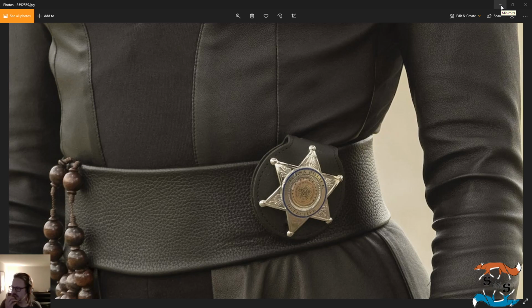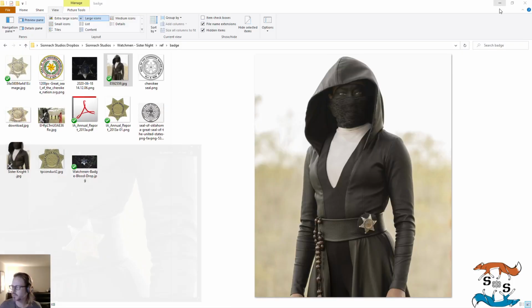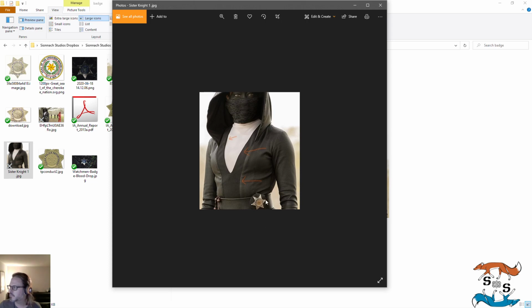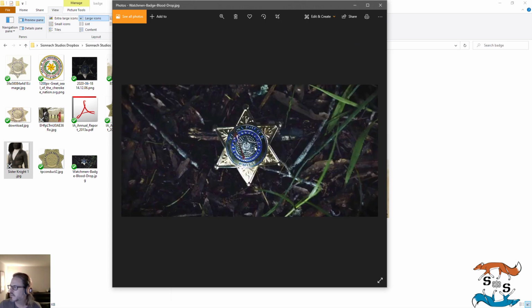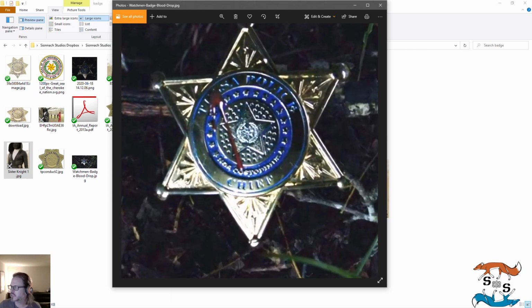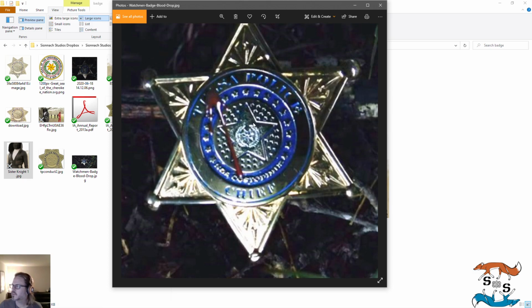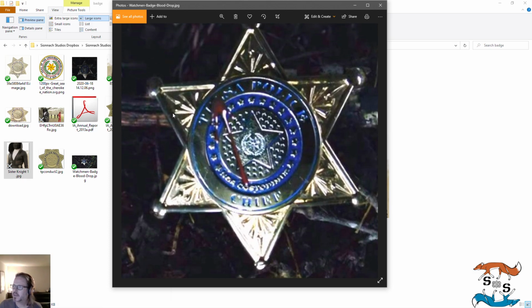So what I started doing is first, I got as many reference pictures as I could from the show. So there's this one. This is another one that's basically the same picture but more zoomed in. But then there's this, which is not her badge. It's the police chief's badge, which is the closest thing that I could find that was like a close-up. So there's this, and then